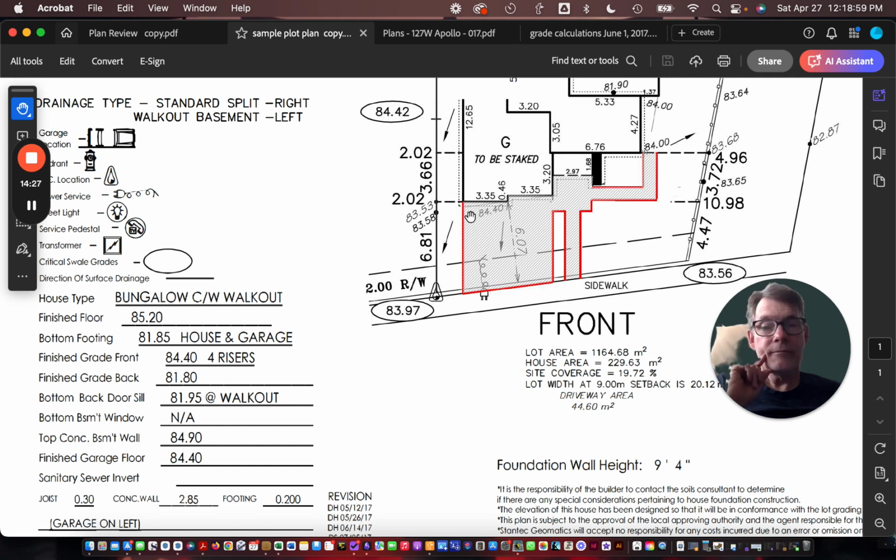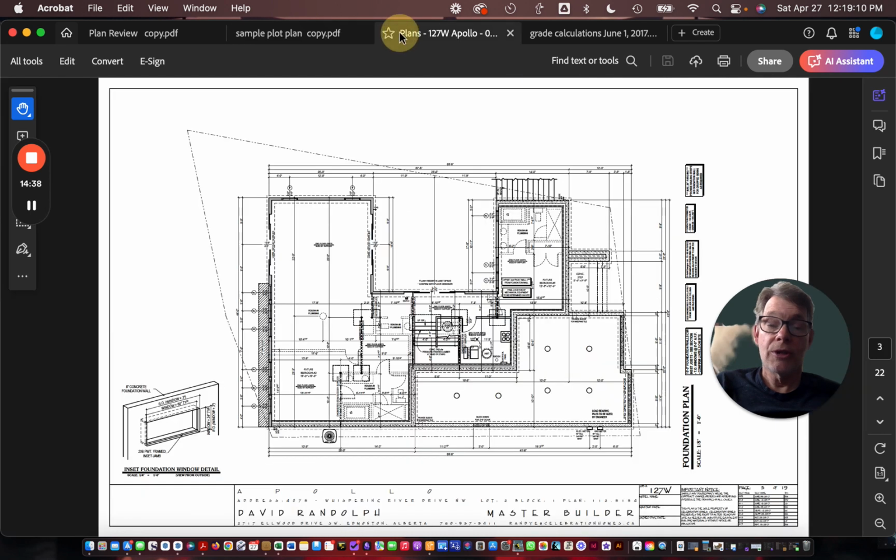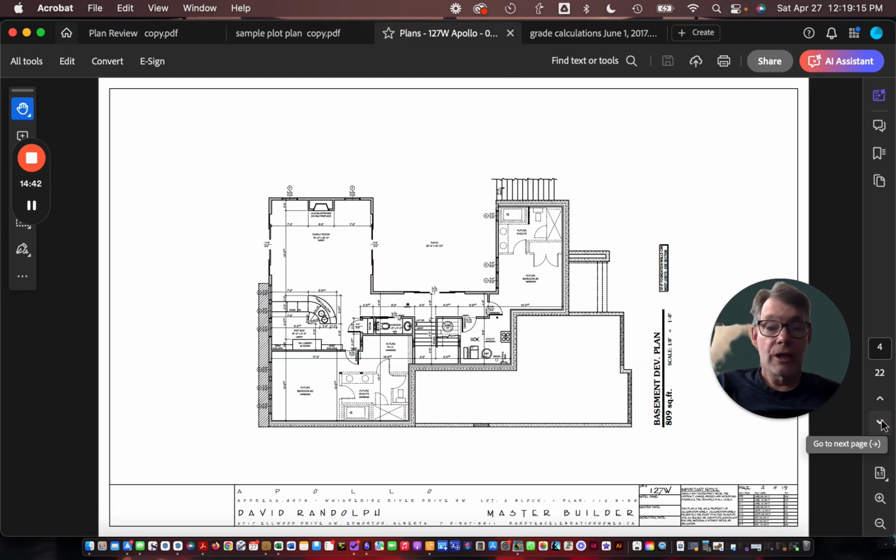It's probably going to be 4 steps in the garage to get us up, just like we had 4 steps kind of at the front door. So you park your car in the garage, and then you would have to walk up about 4 steps to get to the door. So if we take a look at this drawing on the main floor here,